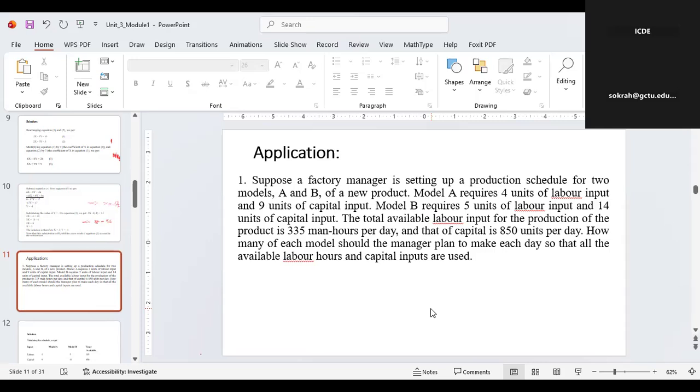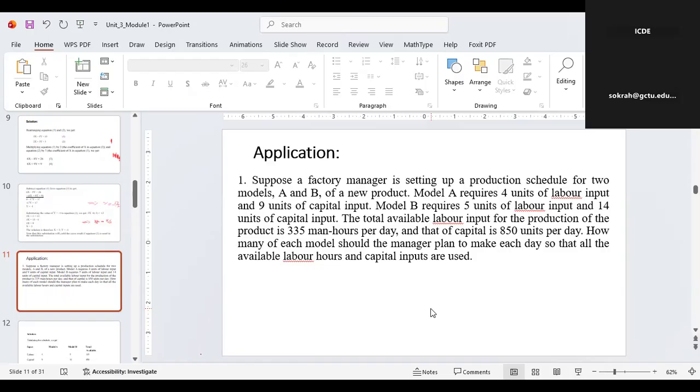The total available labor input is 335 man-hours per day, and that of capital is 850 units per day. How many of each model should the manager plan to make each day so that all the available labor hours and capital inputs are used? So, ladies and gentlemen, this is an application question for